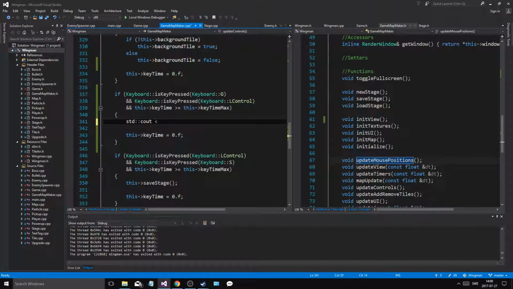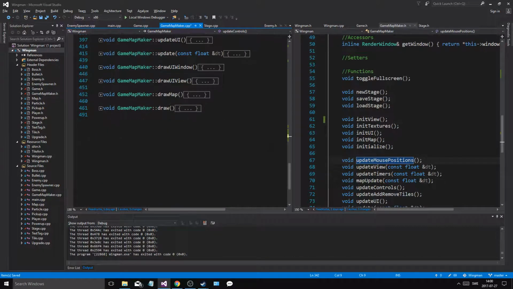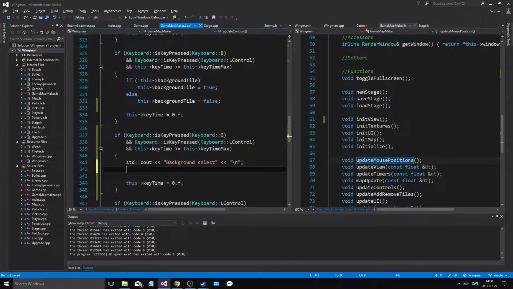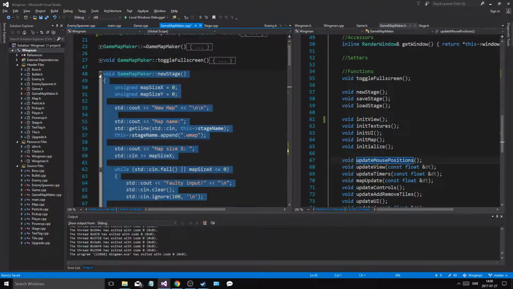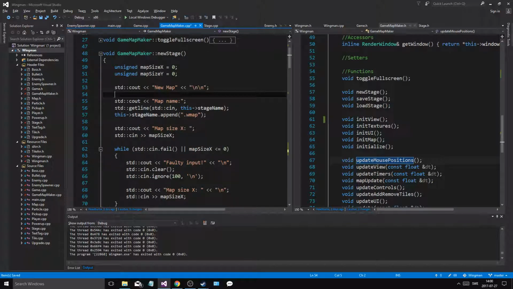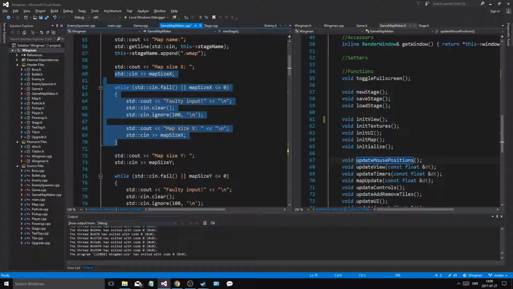std cout background select new line, and then we're gonna have to do this whole cin thing. So get line stage append. Okay, so we're gonna have to do this cin fail,